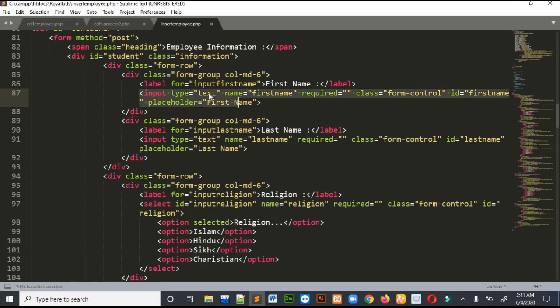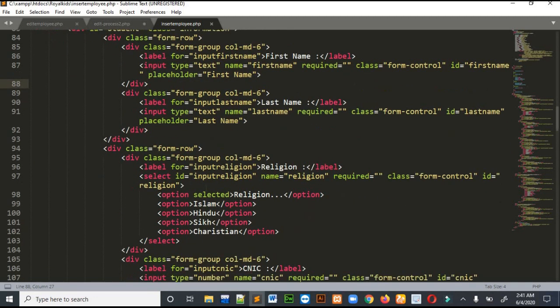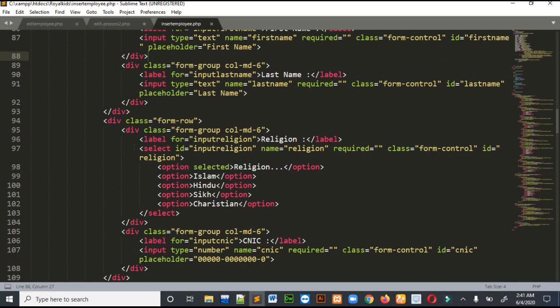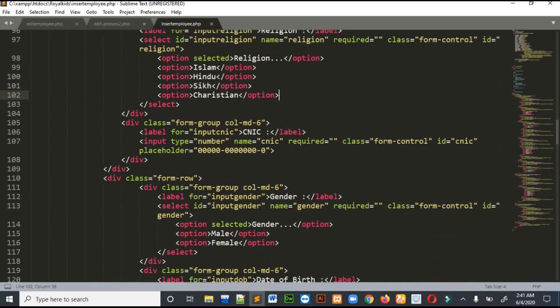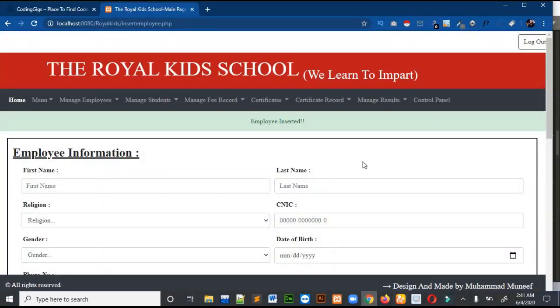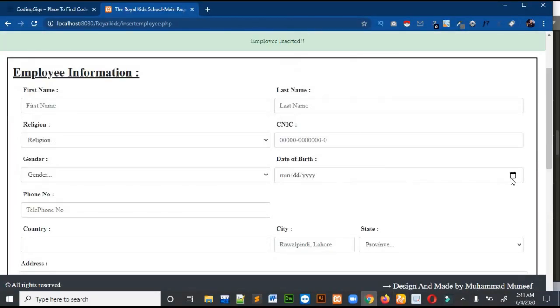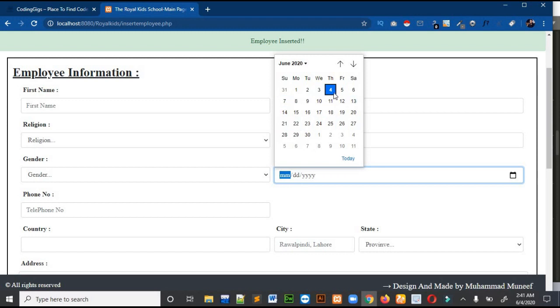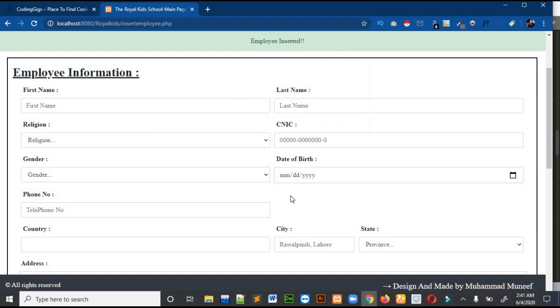I used text type for name, then a drop down for religion, then for gender. You can see that for date of birth I used the type date. The date type puts up a nice calendar, so you don't have to do anything for the calendar.